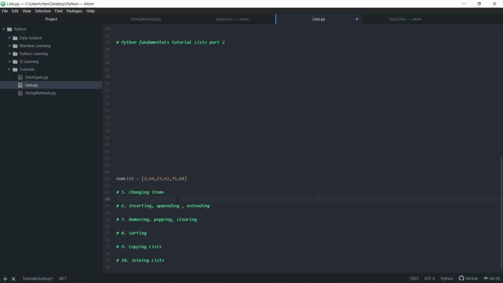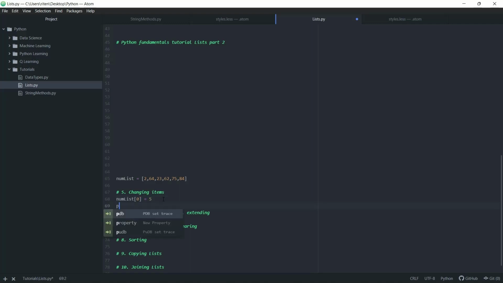And the first thing we can do is changing an item in a list. This is pretty simple. We call the name of the list, which is numList, and then we put brackets. Inside the brackets, we put in the indices, and this just has to be an integer that's actually within the indices of the list. I can pass in a variable here if the variable is an integer, and that will do the same thing as if it was a real number, and it will just look up the value of the variable. So numList[0] will be the first value in the number list, and I can set it equal to 5, let's say. I can print that,